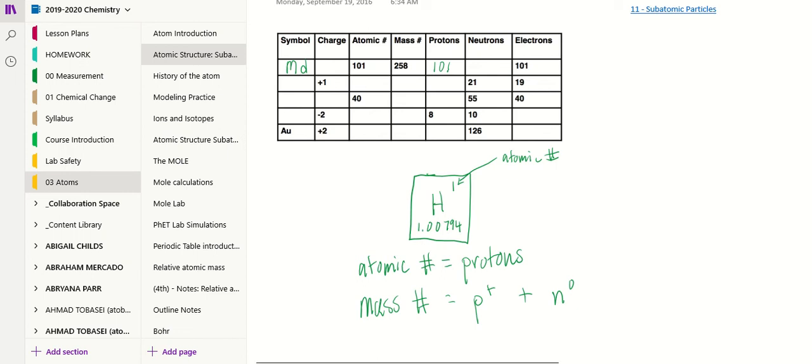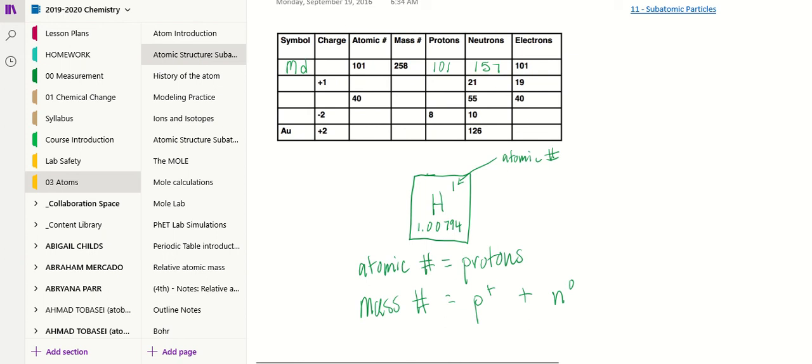Okay? Now, look back at your table. I have a mass number of 258. I know my protons plus neutrons must equal 258. 101 plus what equals 258? 157. I must have 157 neutrons. Last,